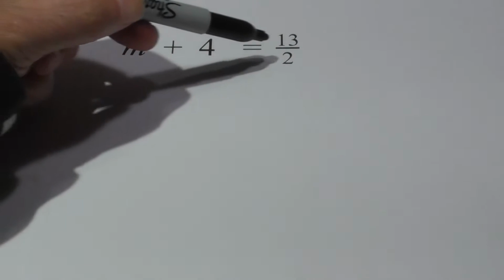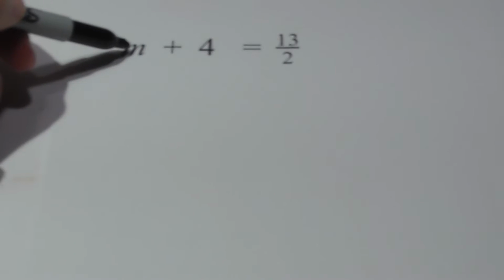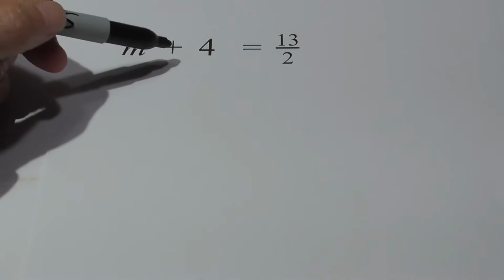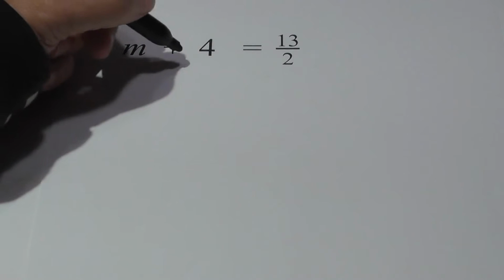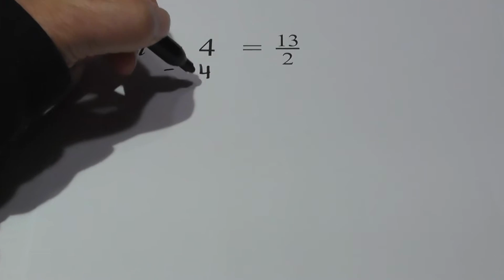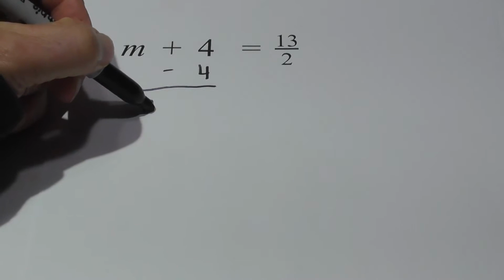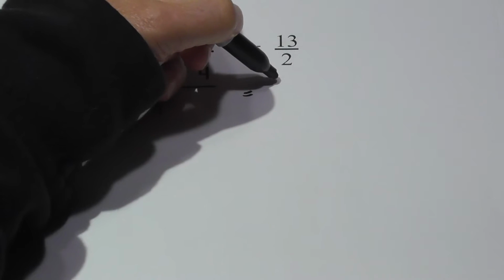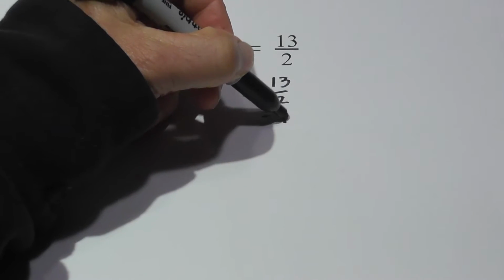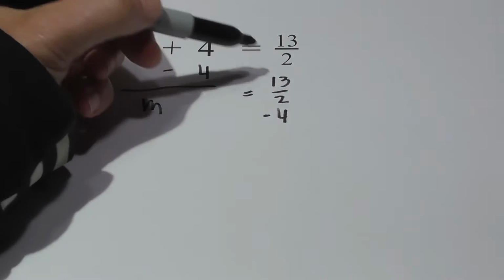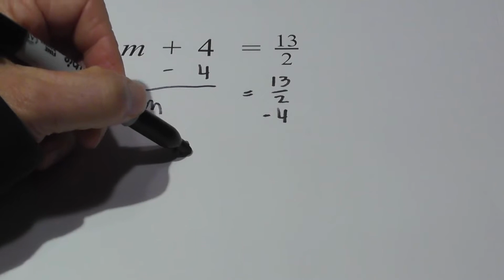We have m plus 4 equals 13/2. We have a variable and then two constants. So we want to get the variable on one side, constants on the other. So we will subtract 4 from both sides. So we'll bring down the m equals, now this may look a little strange, minus 4. Okay, so let's rewrite this. So let's have m equals